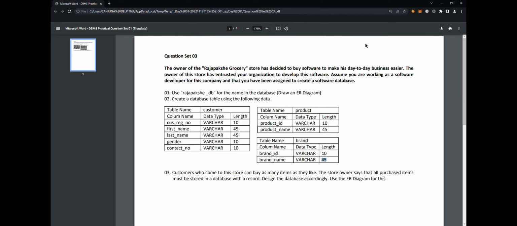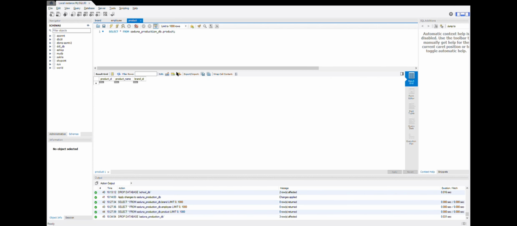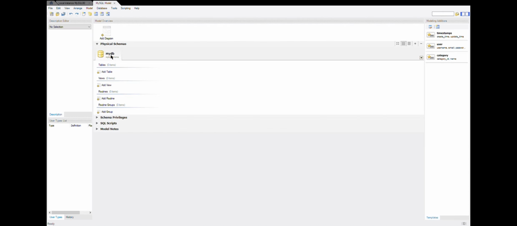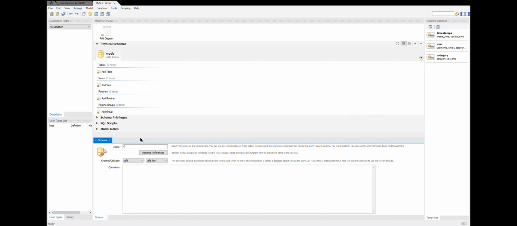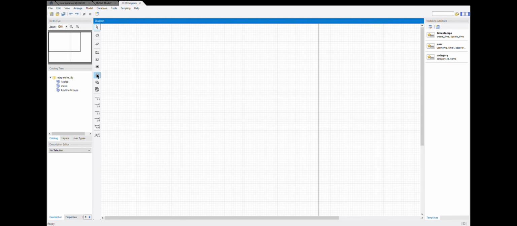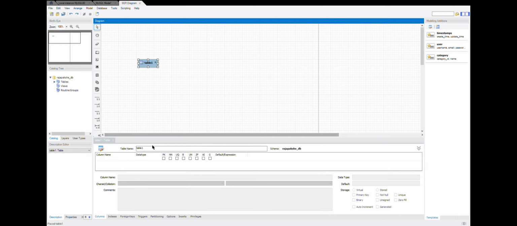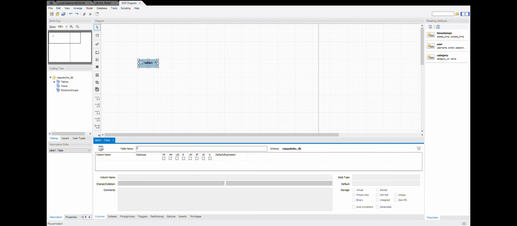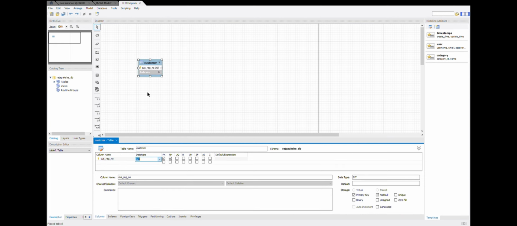So in our MySQL software next. So here we are going to create a new database model, and here I'm going to rename it as Rajapaksha underscore DB. So now we have renamed our model, and I'm going to create an ER diagram. So here basically we'll need a table here. So for our customer table, we have the customer registration number. So all of these are going to be varchar 10,